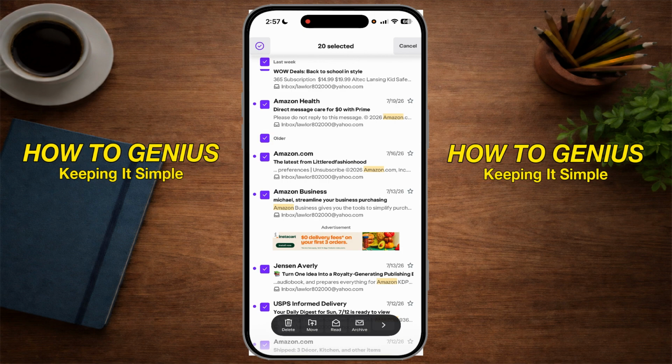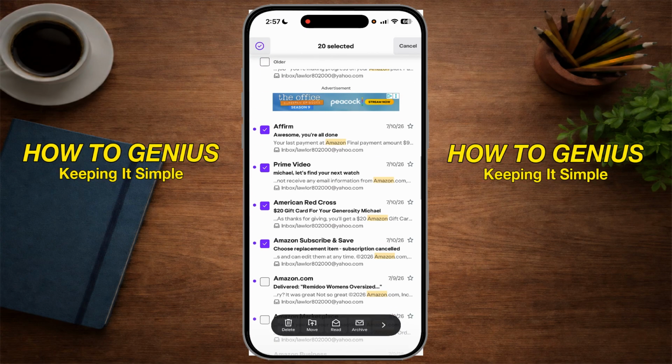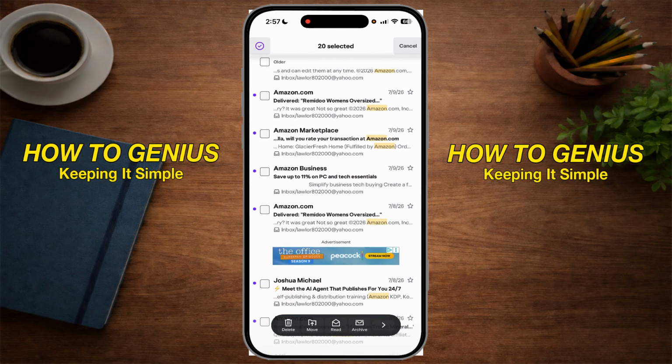So let's go ahead and hit older. And then keep on scrolling down. And then once you see this option here at the very bottom, once you see that the emails are unchecked, you'll get that older option again. So we can go ahead and hit older at the top left-hand corner, and it's going to keep cycling through, and you can go through and delete those emails. And then go and hit delete just like you normally would. But that's pretty much it. That's two ways to delete bulk emails in your Yahoo